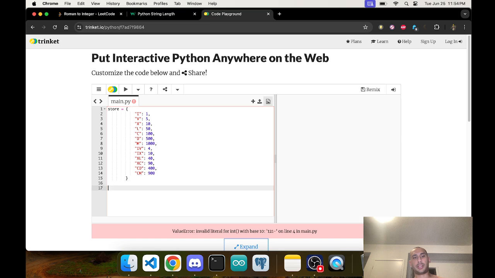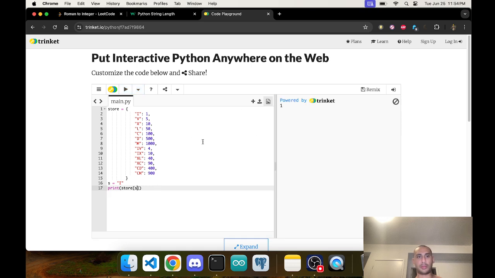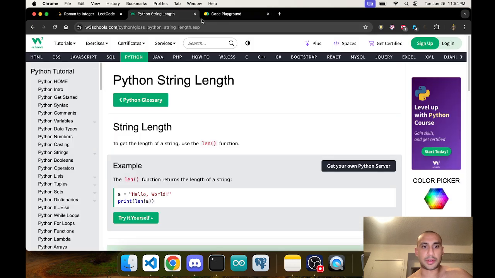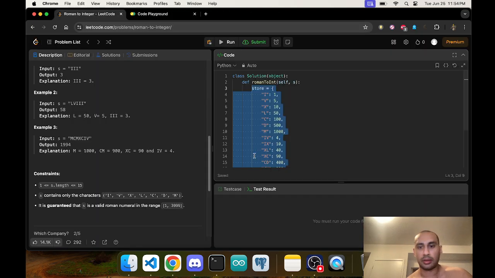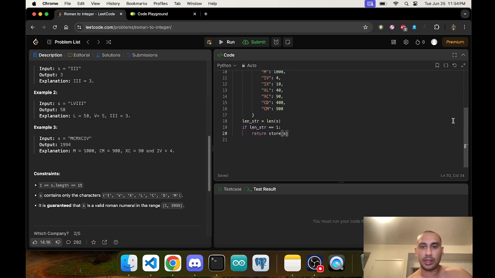Now I'm gonna go print. Let's just say s equals I. So now I go print store s. 1. You see? And then if I change I, let's say to CM, 900. So basically I could just reference whatever's in here down here. So if the length is 1, let's go for it. If the length is 2,